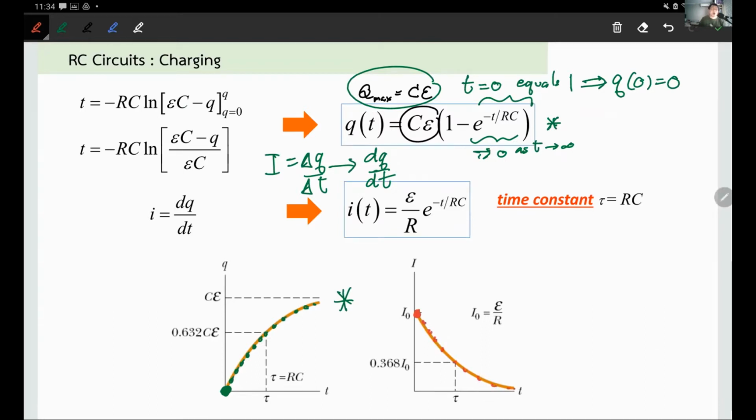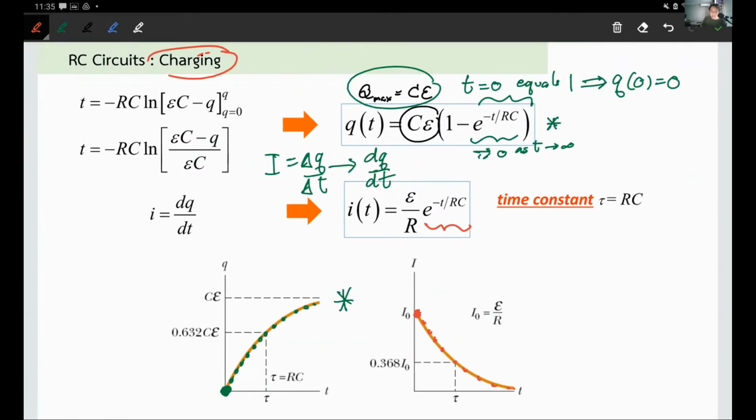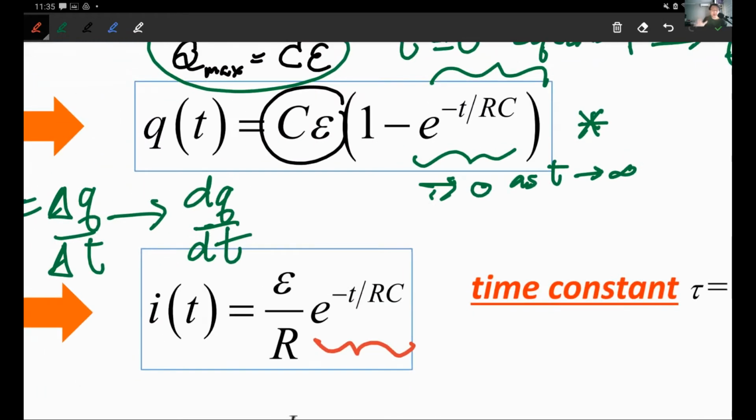And when you wait long enough, the current will go to 0 with the same factor over here. It's the same exponential decay. So the conclusion that you have over here is the charging process is exponential in nature. That's all I want from you. All right, don't worry about the derivation of this. But the key is the exponential behavior of the